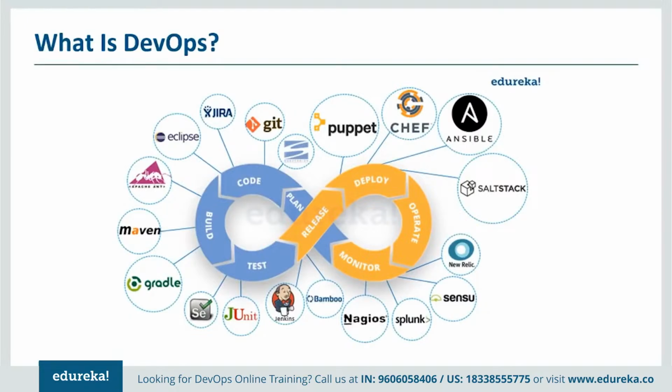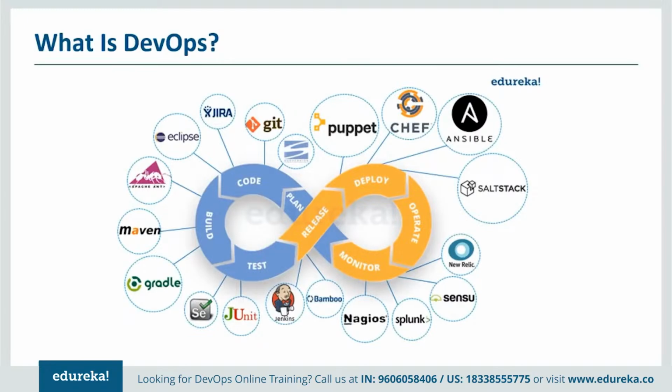Now, this is one area. Of course, if you have to do some builds, you can use a Kudu server, you can use Maven, you can use Gradle. So all these different tools are used to build your applications. Finally, if you are done building your code and have done all the check-ins, then the testing happens. You might be using Selenium or JUnit to do the testing of your applications. Again, you can see all these different areas require different kinds of tools. And if you're releasing something, then of course you can use Jenkins and Bamboo to release your stuff.